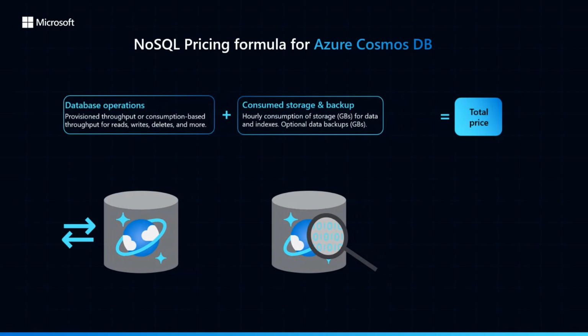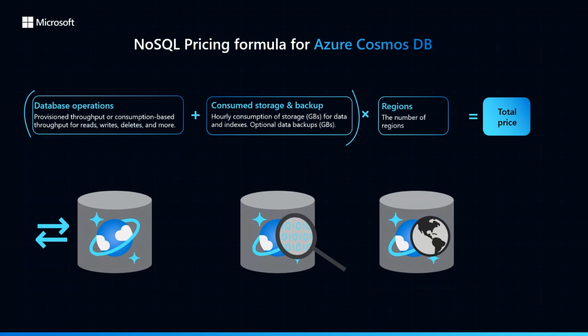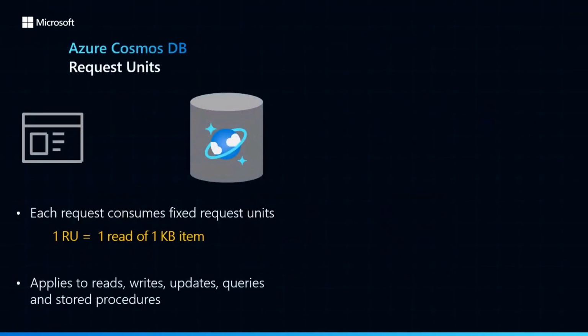There's one other aspect associated with Cosmos DB, given that it is a globally distributed database, and that is global replication cost considerations. This is the number of regions that you configure your account for. You have a choice on how many of and which regions your data is replicated to, and the cost of the operations and storage cost is multiplied by the number of regions that you have. So let's drill into exactly what these operations costs are and how they accrue to dollar costs.